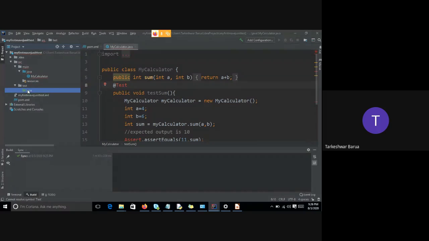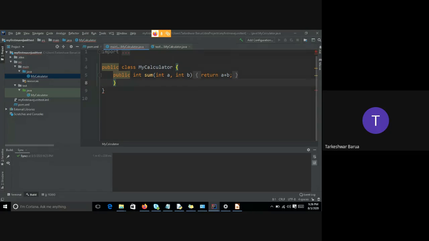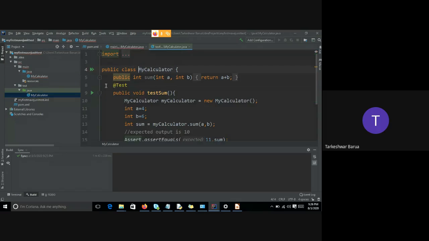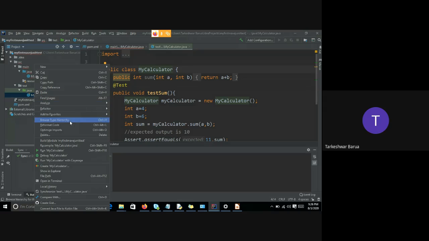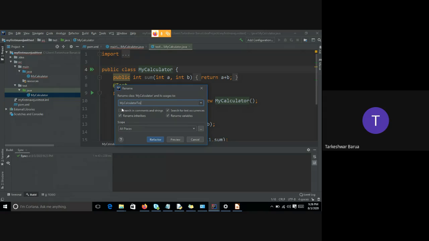Actually, you should write code here. So simply click here, and comment this. You can comment this. This function I want to test in my calculator. So I can rename this, refactor, test.